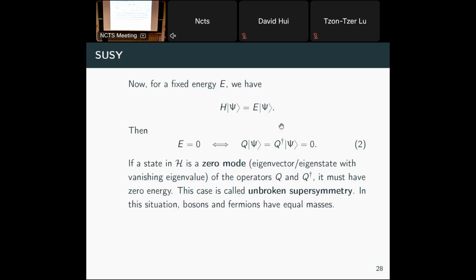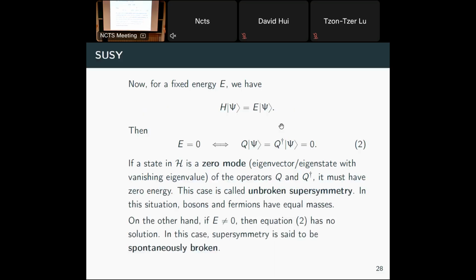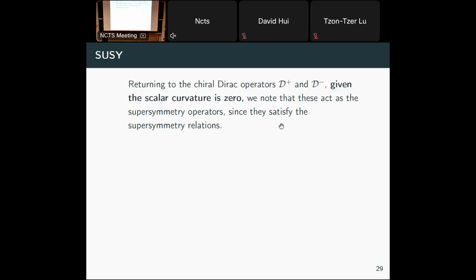But this second equation is definitely very interesting. It still talks about an element of the kernel. So now it turns out you have the chiral Dirac operators, D plus and D minus. They are good candidates for your supersymmetry operator. They will satisfy the relations I told you about. You should start with 0 scalar curvature, in particular 0 Ricci. It should be Ricci flat, and then